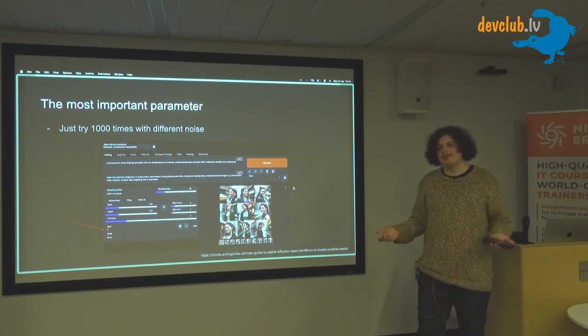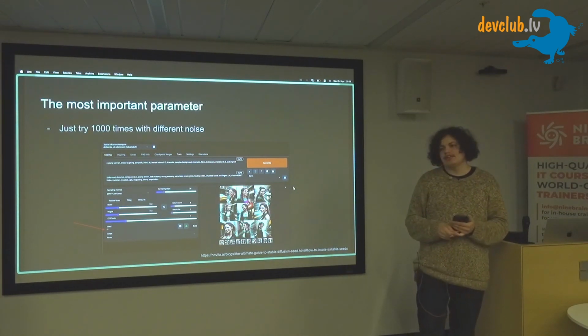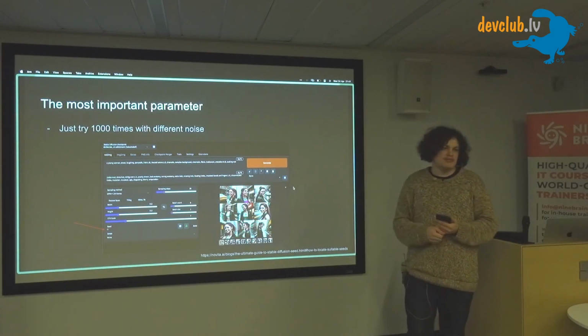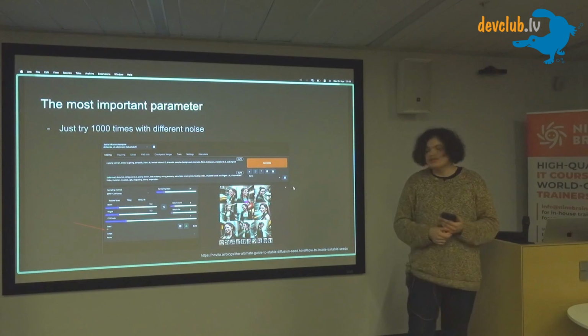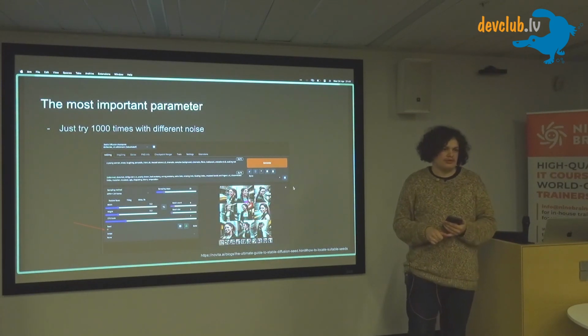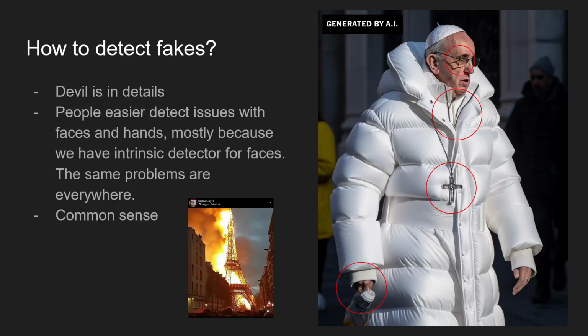What can we take from this story? Basically, the quality of the final image generated by diffusion models is very random. And sometimes it is much easier not to write the correct prompts, but to generate an image 1,000 times with just different seed parameters.